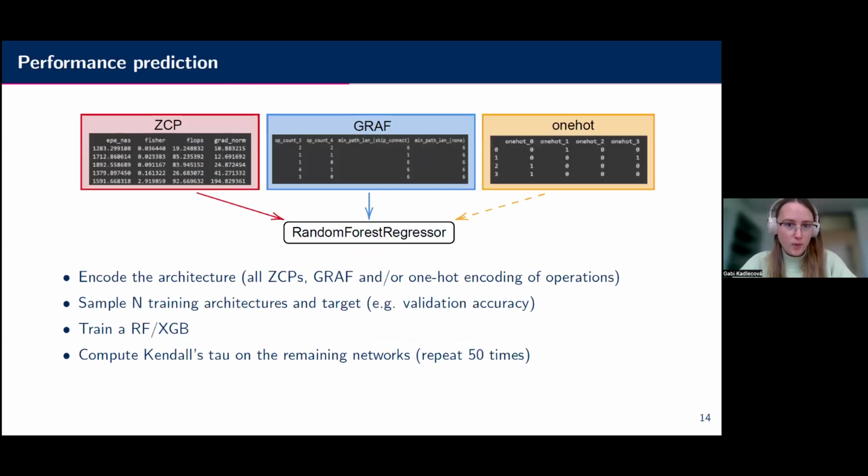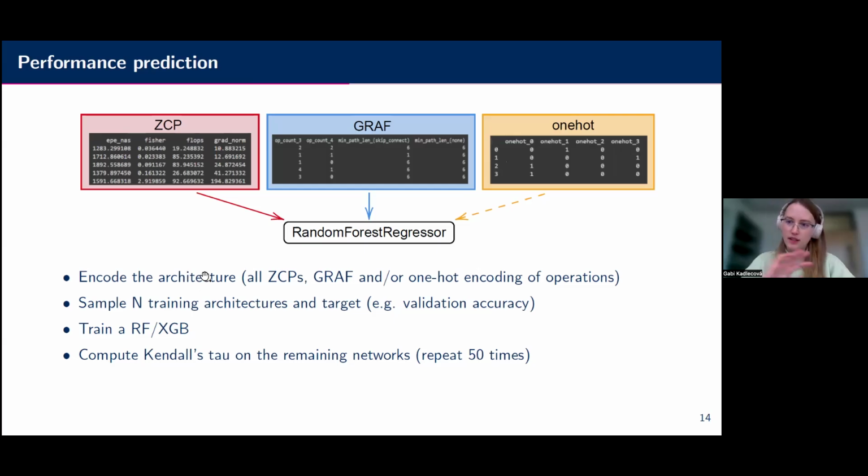Okay, now what can we use this for? One option would be to use the operation counts already as a proxy, which we do if it's an L2 norm. But we could also use this to enhance performance predictors. So we will use that as an architecture encoding, and we will also compare it with zero-cost proxies. So each row here is an architecture, and we collect all the zero-cost proxies that we can get, all the graph features that we can compute, and also for reference, the one-hot encoding.